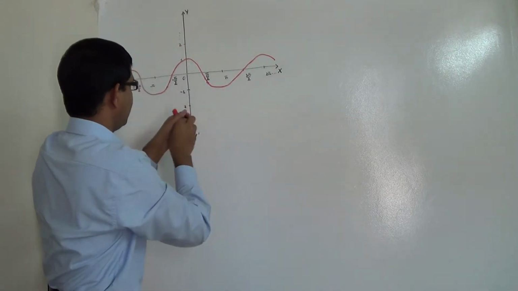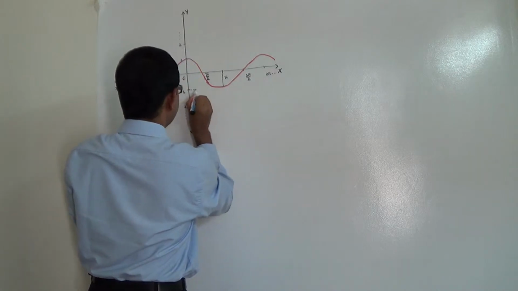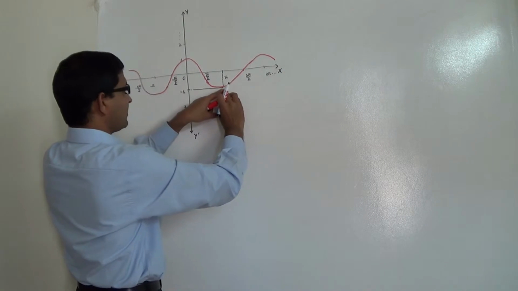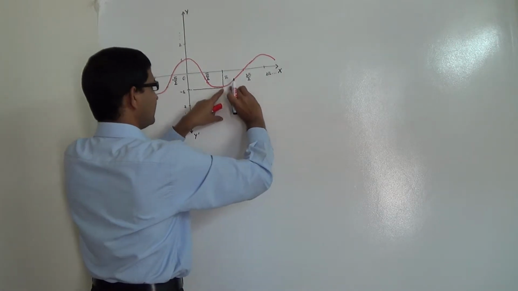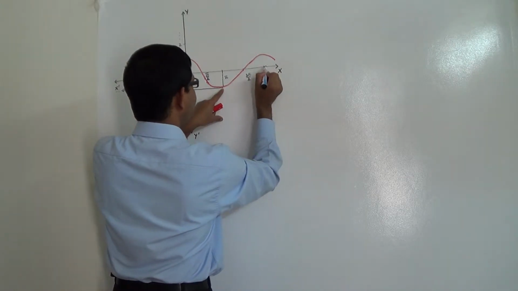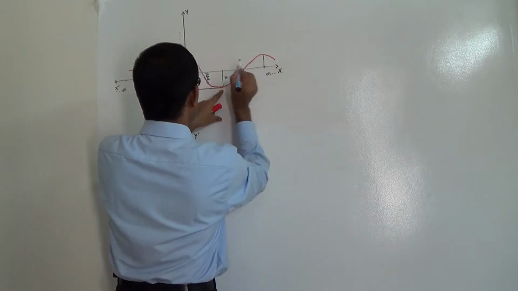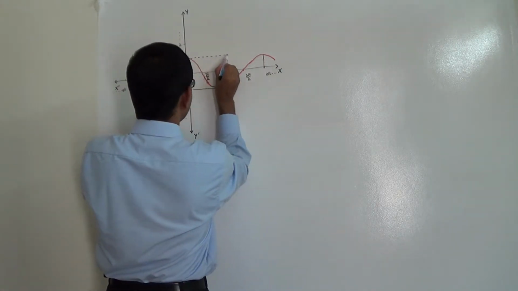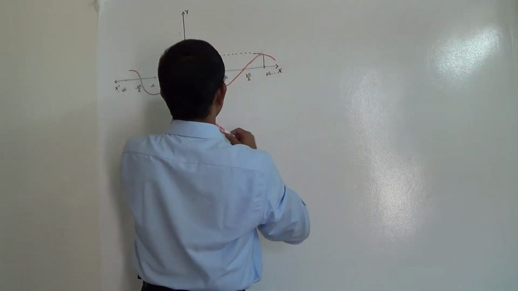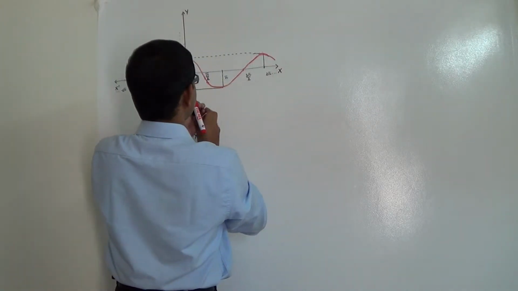And from pi, what you see is this is the value, this is pi, and here the value is minus 1. Then after pi it starts increasing from minus 1 and attains the maximum value of 1 at the point 2 pi, when the angle is 2 pi. So this is the maximum value. Assume that this is 1. Okay, so you can make this curve like this. Okay, this is the value